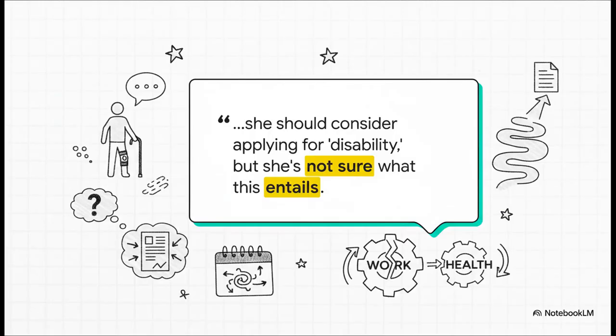And to do that, we're going to follow the story of someone named Mrs. Brown. She's 58, she's been a certified nursing assistant for 20 years, a physically demanding job. Now, severe knee osteoarthritis is making her work just about impossible. A relative says, hey, you should apply for disability. And just like that, Mrs. Brown is at a crossroads that so many people face, and she has no idea which way to turn.